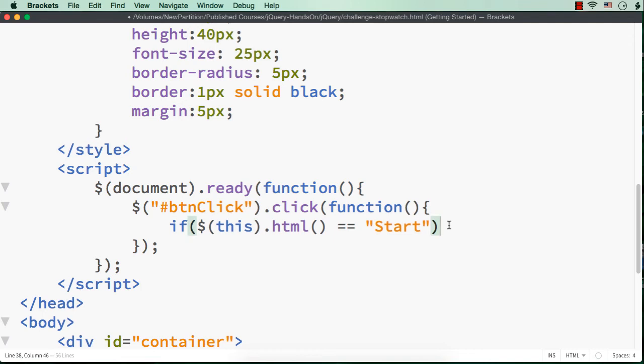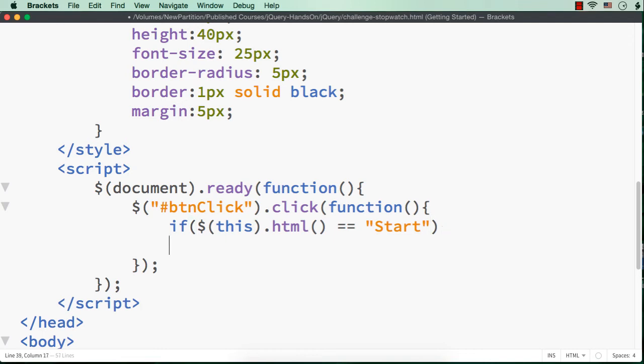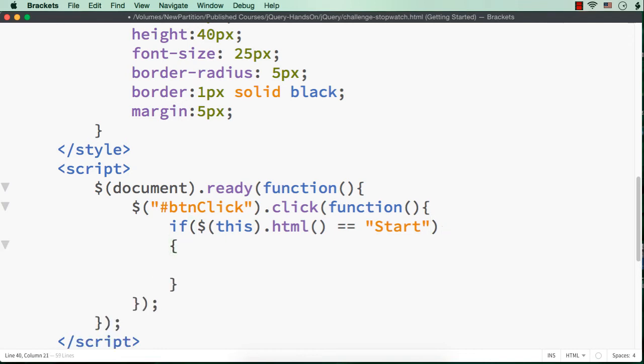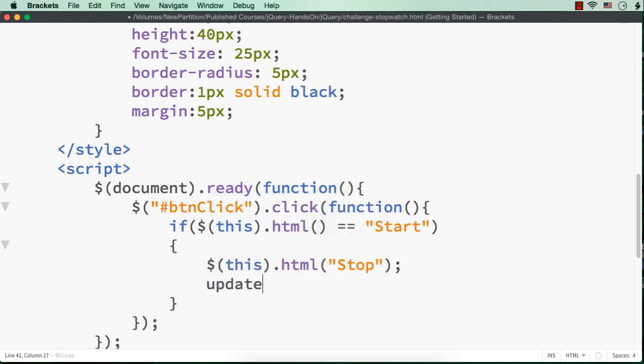In that case, what we need to do, we first have to change the text, that is $this.html as stop, and we need to start the timer. So let me call a function named update time to update the time, that is to start the time.